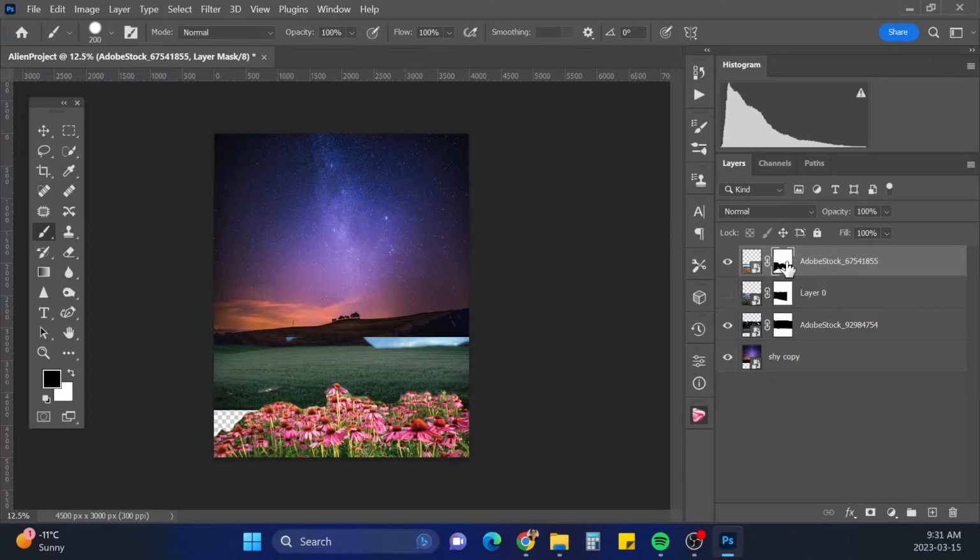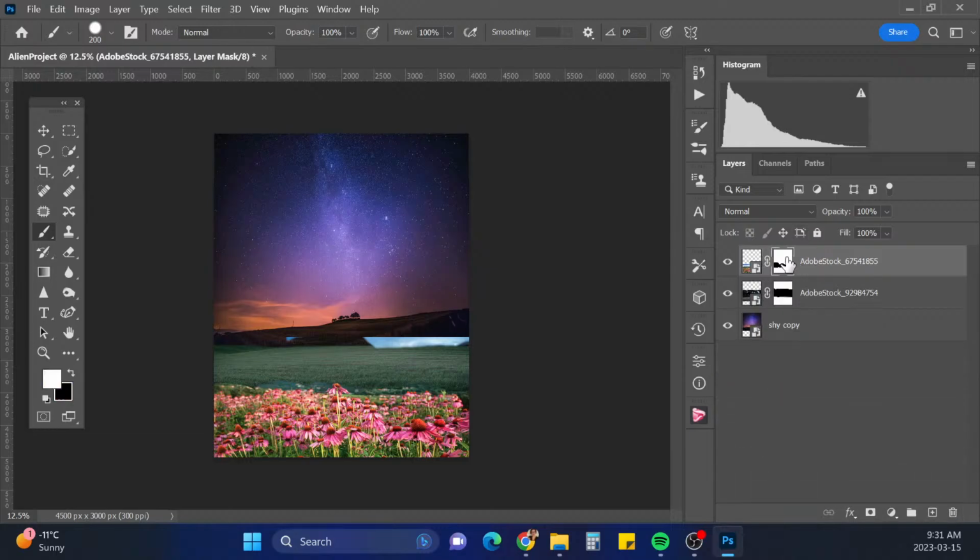Actually, let me just kind of bring. Oops. I just want to see what it looked like if I just bring this one layer in. Maybe that's better actually than having this one in. This is the fun part, just like figuring out where to place everything and what stock to use.